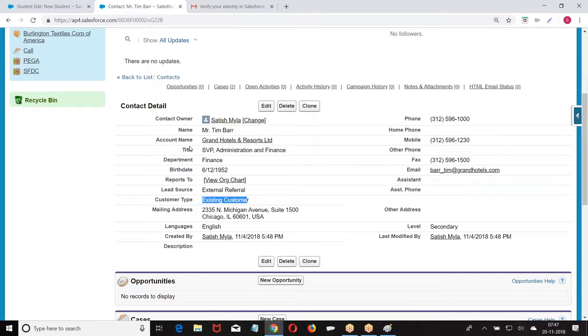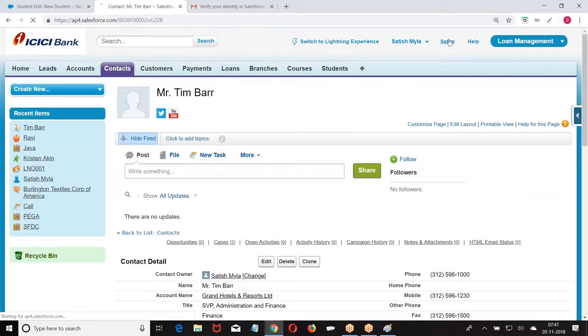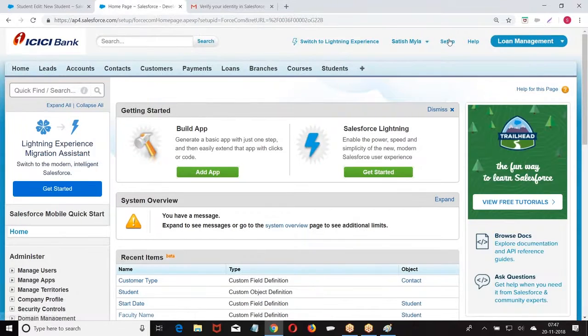Why is the formula not applied without logic? Because it's a pick list field, pick list fields cannot be referred directly. You cannot refer to pick list fields directly in the cross object or in the regular application also. In the normal formulas also you have to use the special functions called ISPICKVAL or CASE. Okay. So this is how we created the formula fields.